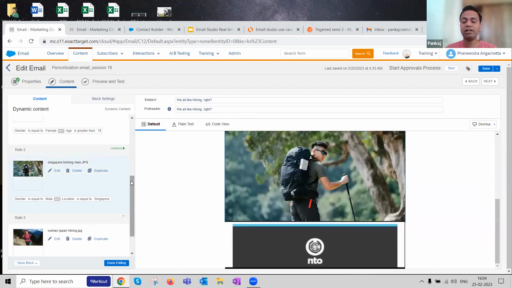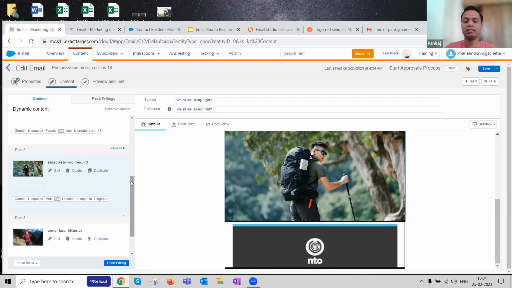So that's the email that I've created with dynamic content, and all of it I've created in a very short span of time with only clicks, no code. It's all click and drag. So that's the beauty of this platform. It helps you create very beautiful emails with clicks. Not to say that you don't need to learn AMPscript and other languages in order to provide more personalization, certainly heavy duty personalization, but this is one of the aspects which suffices for my use case, right?